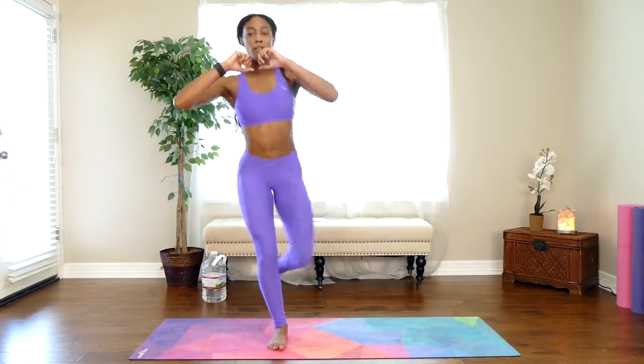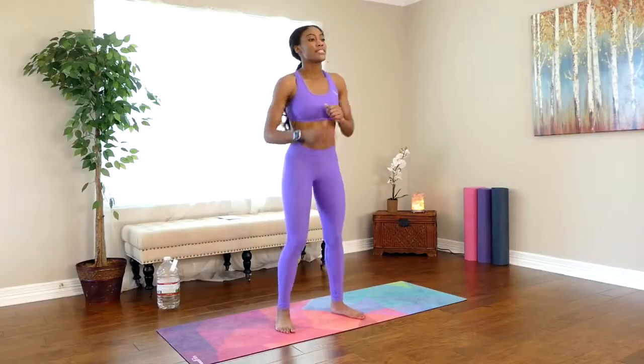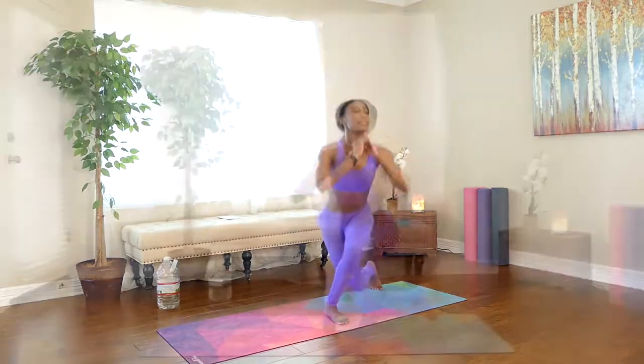We're gonna move on to side kick and curtsy lunge. Getting a little out of breath here because these are really intense, but they are fabulous workouts, guys. Ready? 12 each leg. Side left, go. 1, 2, 3, 4, 5, 10, 11, 12. And we're gonna do our right side again. Kick. 1, 2, 3, 4, 5, 6,